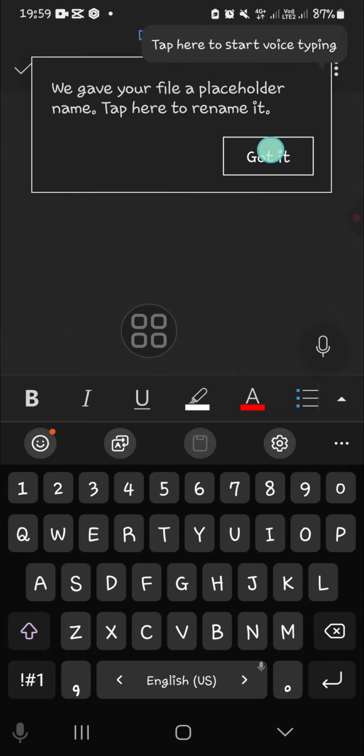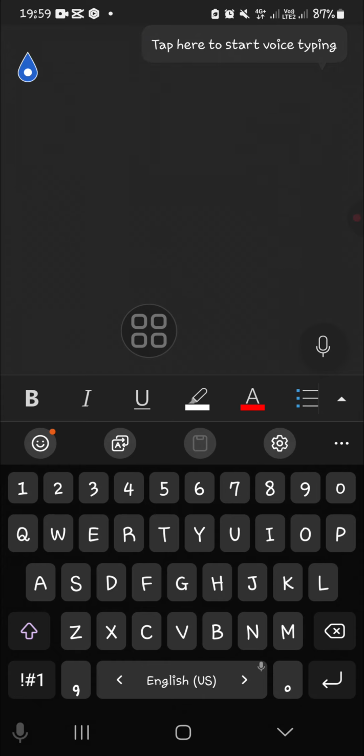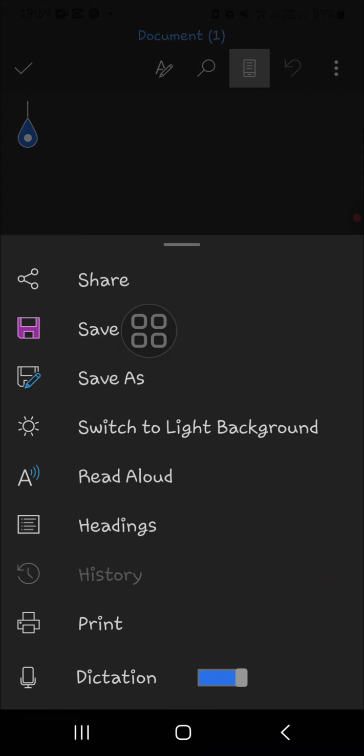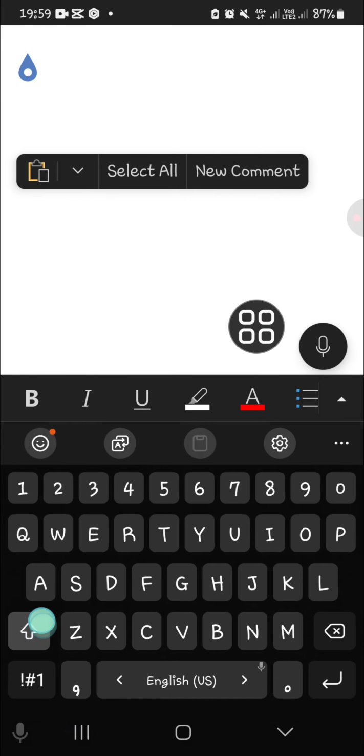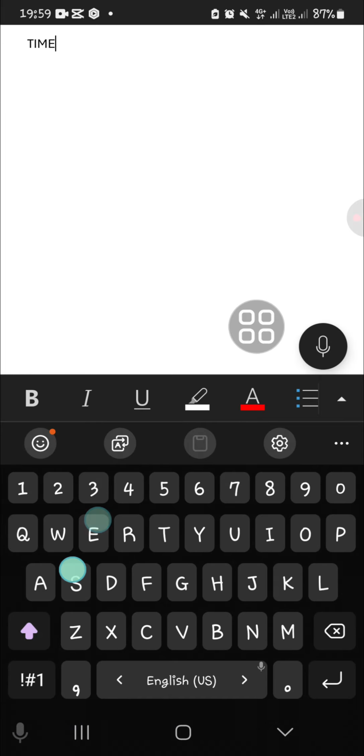Alright, hold on, it's still loading. Okay, and wait guys, I'm going to view it in light theme. I'm going to click on switch to light background. Okay, and here I'm going to type in Times New Roman